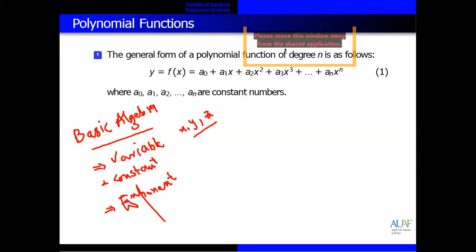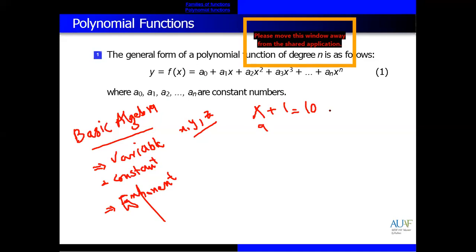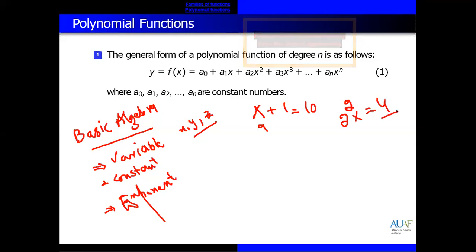Like if I tell you, for example, first equation, x plus 1 is equal to 10. So what is x? In this equation, x is 9 because 9 plus 1 is 10. Like for example, 2x is equal to 4. Second equation. So what is x here? If you multiply 2 with 2, result is 4. So it means that in first equation x is 9, second equation x is 2. So x is the variable quantity having no fixed value. Same, we use a, b, c, x, y, z. These are variable quantities. Correct?